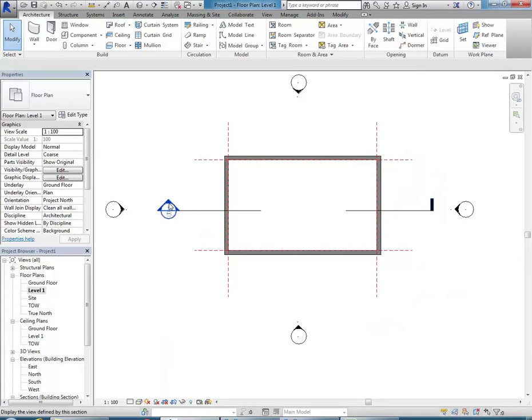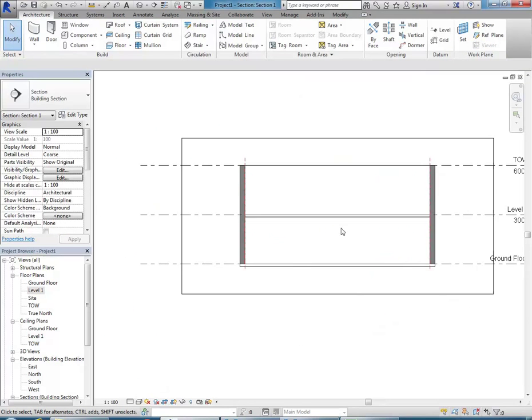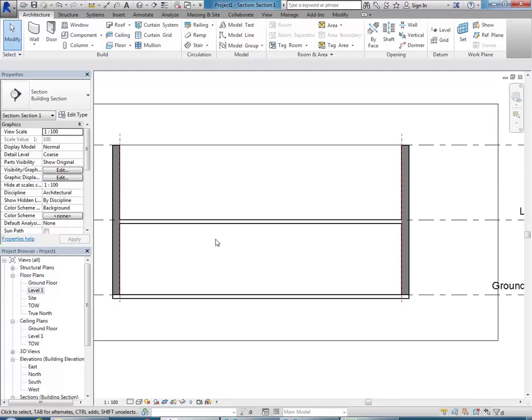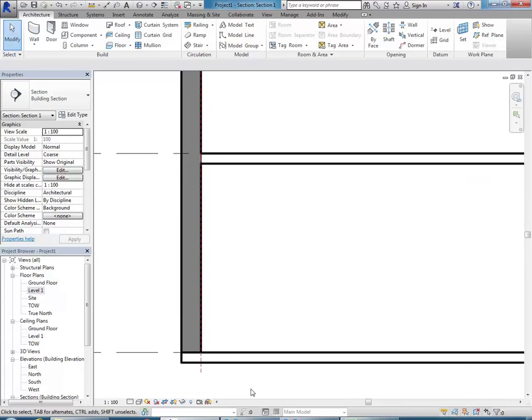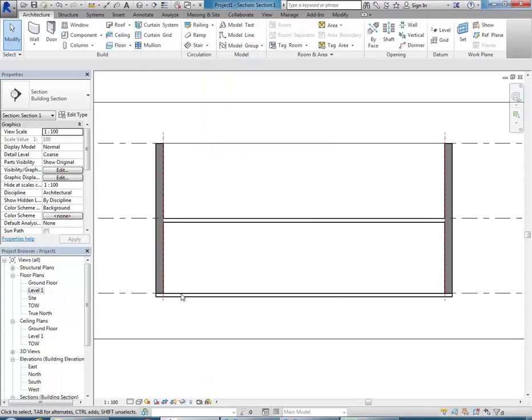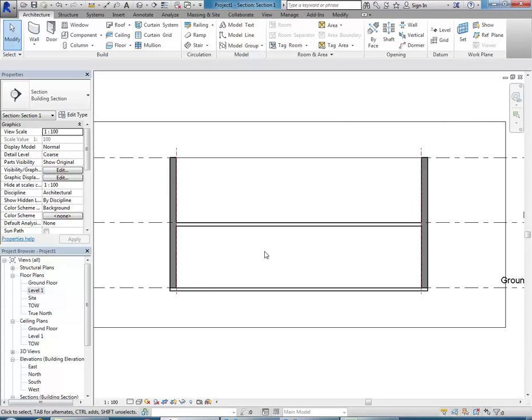So I'll just show you in the section view now. I can see then we've got the floors showing properly. But again, we'll add in more detail to show the footings and everything afterwards. So that's it for now. I'll give you